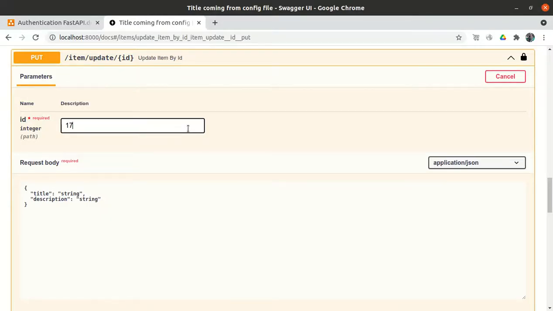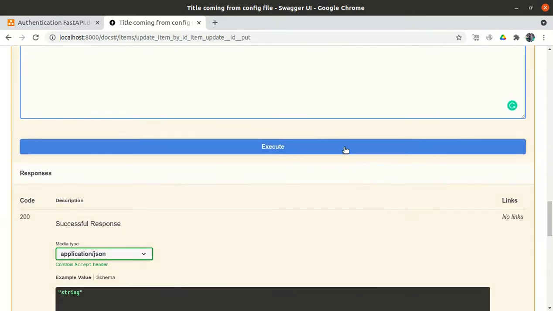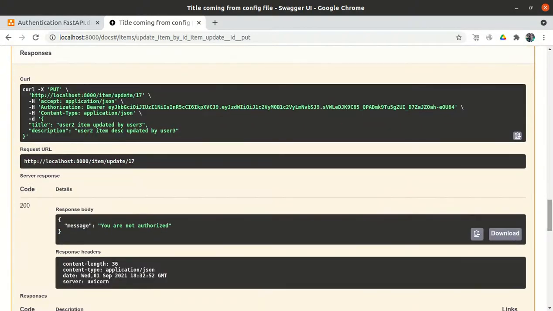Item number 17. Let me try to update: user2 item updated by user3. User2 item description updated by user3. Whether user3 can update the item or not. No, you are not authorized.